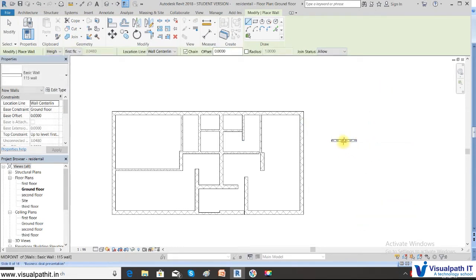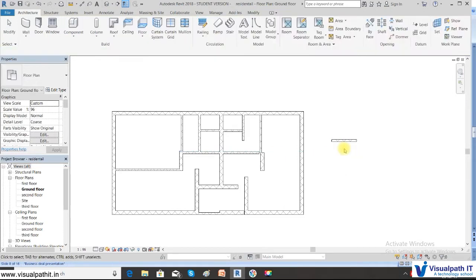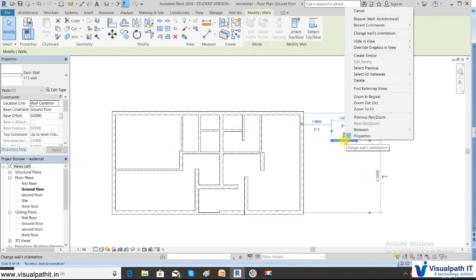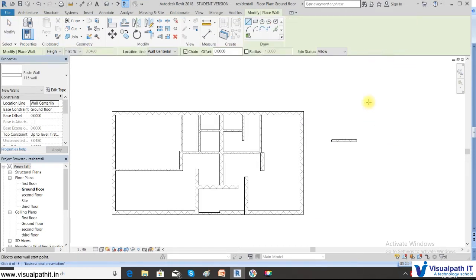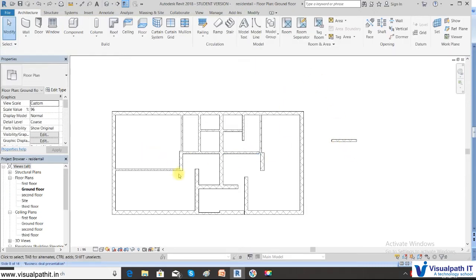Okay, now when I select it, so press escape to come out of the command, select it, right click, then you will have the create similar button here. So create similar, so it will automatically create it. You are not able to see it, but when it's a door, it is overlapping, so that is why we are not able to see it. Okay, create similar.